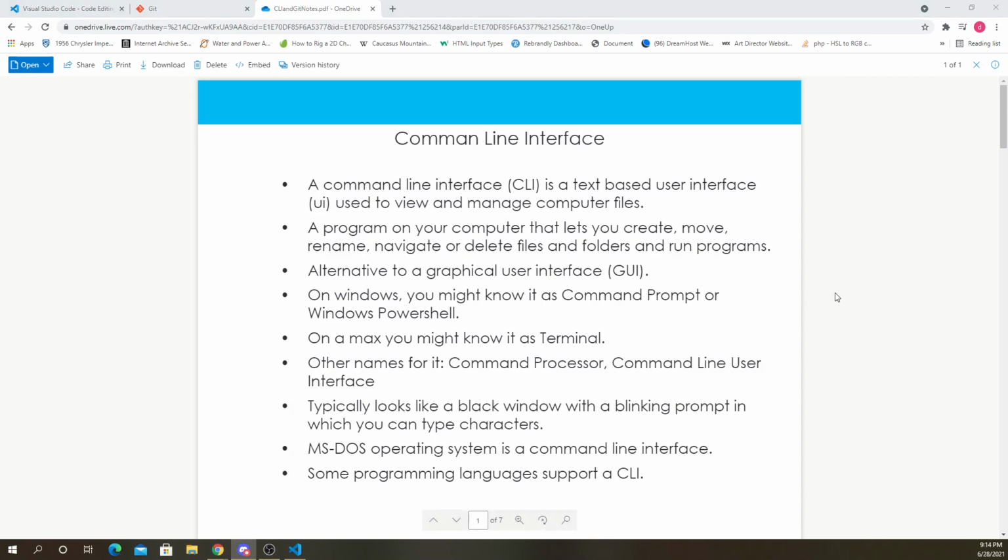Okay, good. All right, so let's figure out why there are so many different terminals and why they don't all use the same language. A command line interface, or CLI, is a text-based user interface used to view and manage computer files. So all of these are command line interfaces.